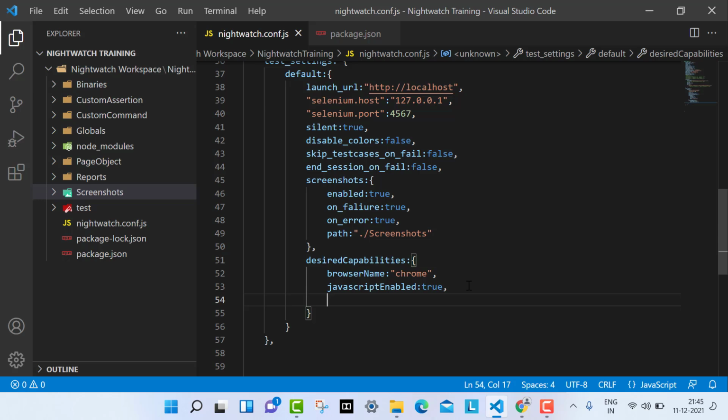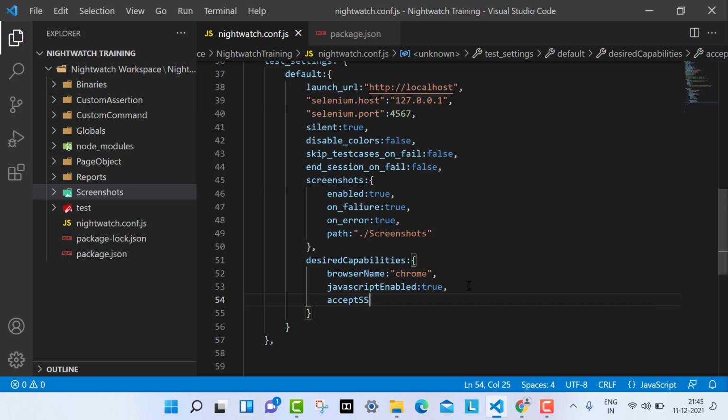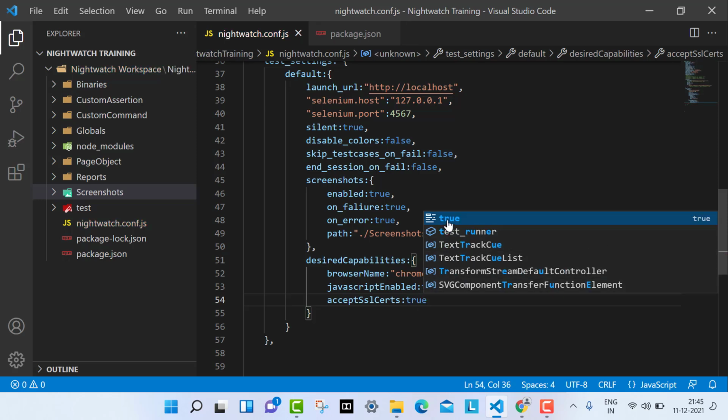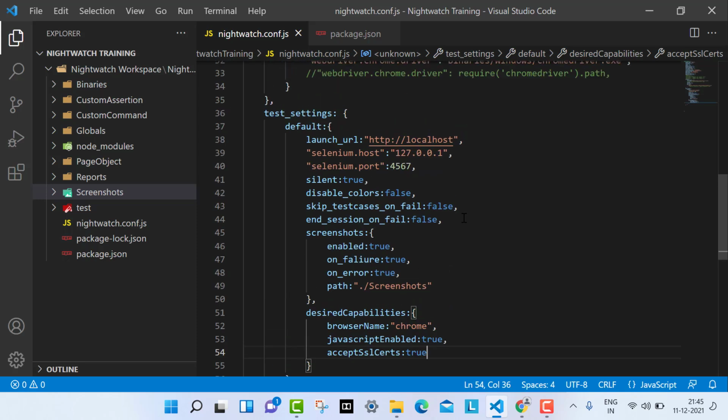Yes, and I will mark it true. And another thing is accept SSL certificates. So I will put accept SSL certificates, and I will make it true.